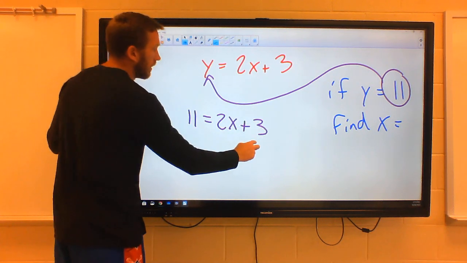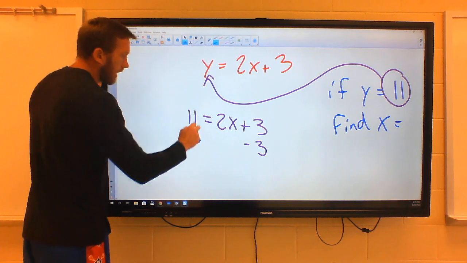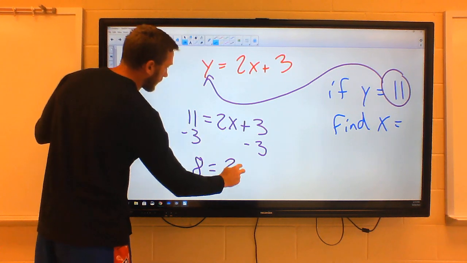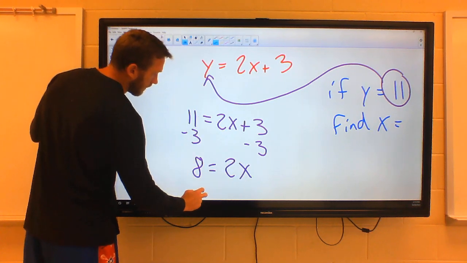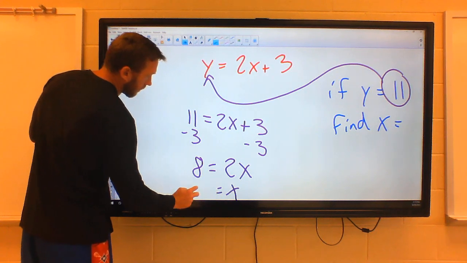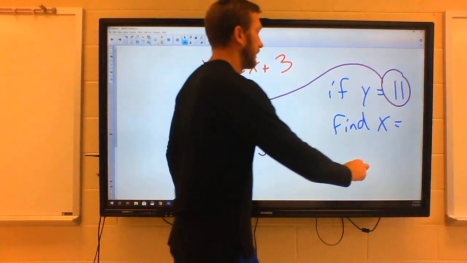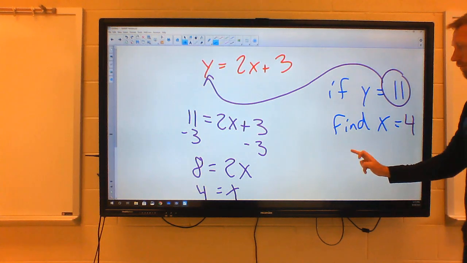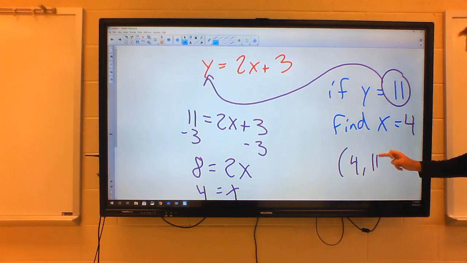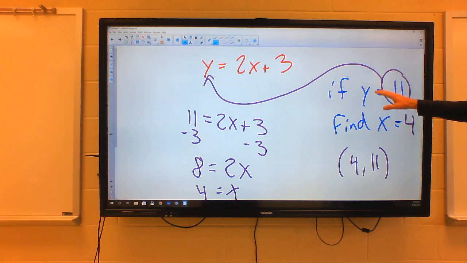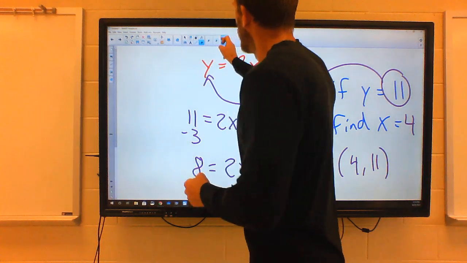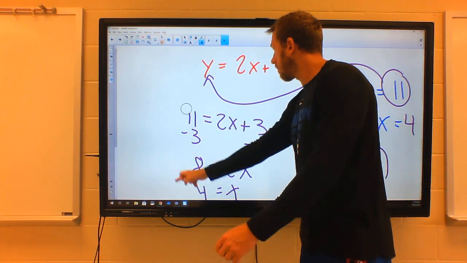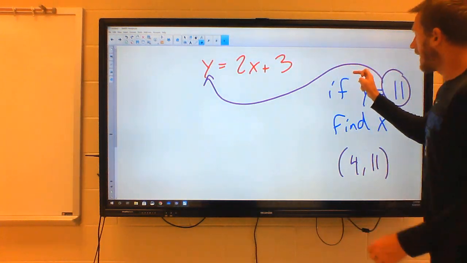Okay? Subtract 3 from each side. 8 equals 2x. Divide it out. x equals 4. And we would be left with the ordered pair coordinate 4, 11. This is something you probably have done in the past. Except, what's different now, and again, if I'm going too fast, pause it. What's different now